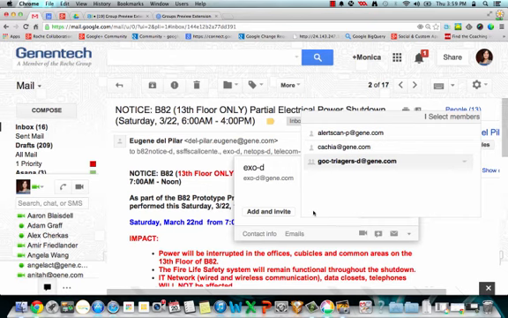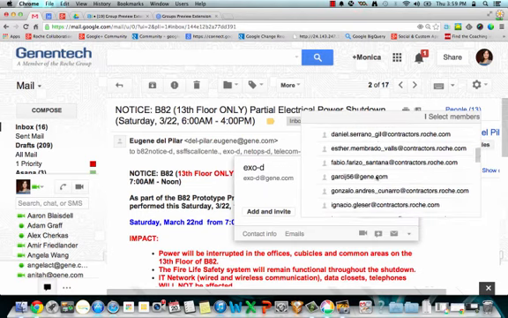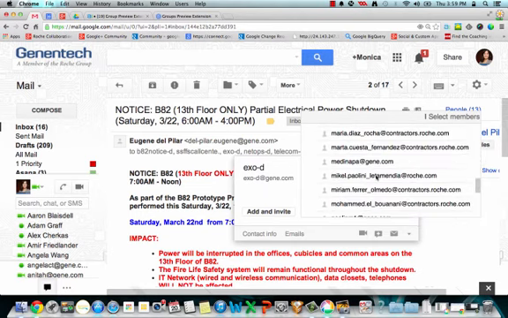What Show Members does, because I've already authorized this extension, is it just pops out and shows me the list of people. Here, these are just 3 people, but I can see that this is a nested group, so I can click on it and it will actually expand to show me all the folks that are part